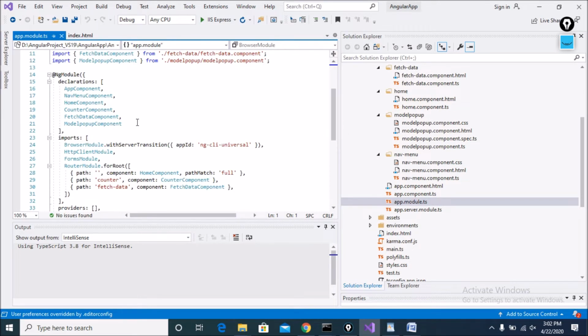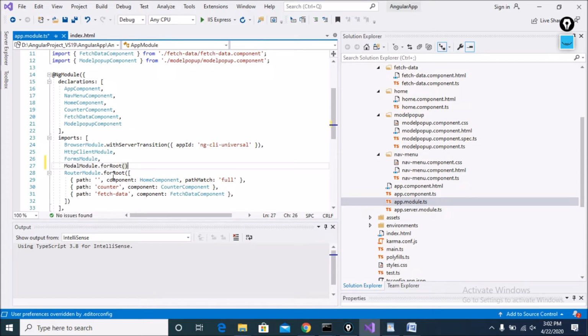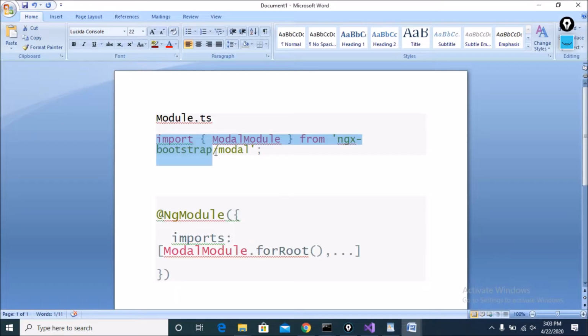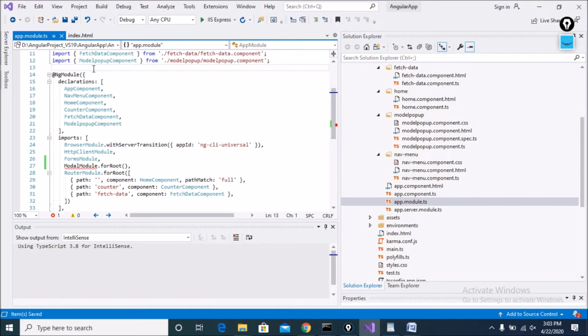Inside the module you can see forms module, and paste your module here like that, and after that a comma, and just import: copy this line and paste here. The app.module.ts part has been completed.